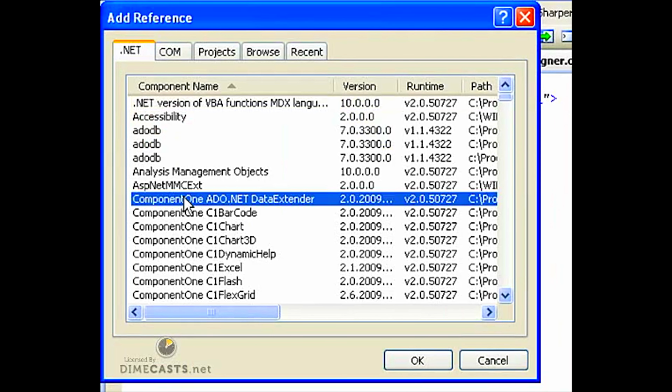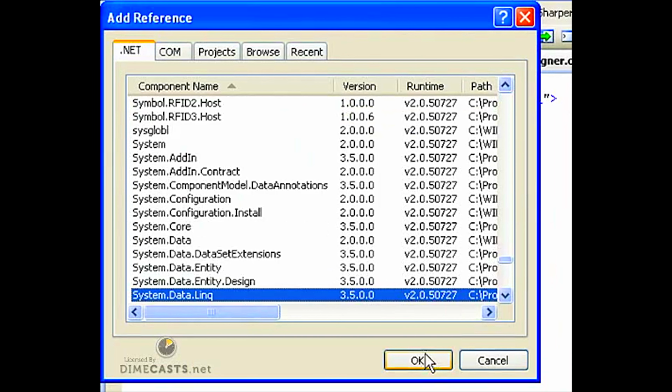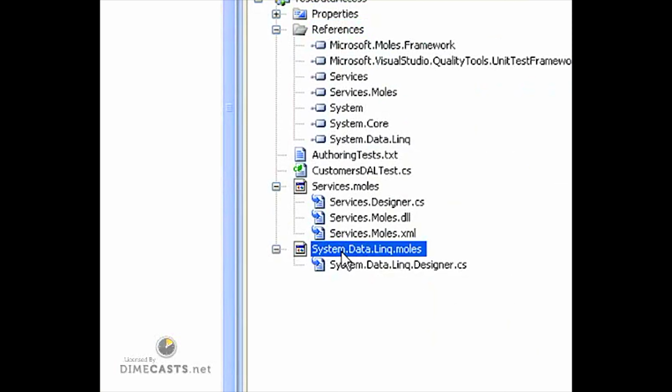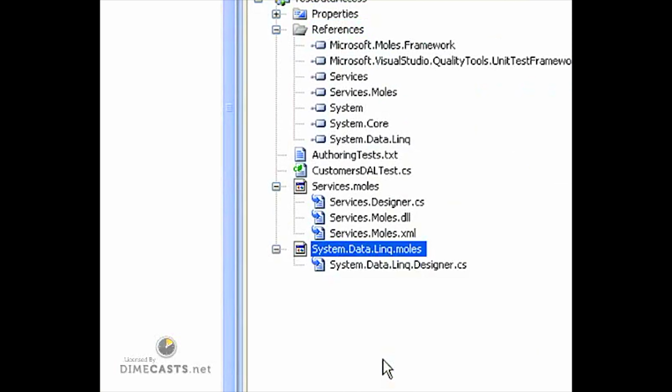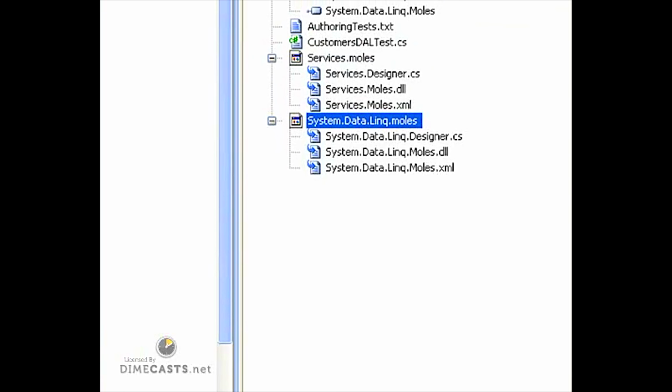So we'll go and add that to our project. And then to get Moles to rerun, you can recompile, but sometimes it doesn't do it. So you can just right click on it and say run custom tool. And it will go and recompile everything that it had in its mapping. So now we've succeeded. So now that Moles is all in there, we can go back to our test and